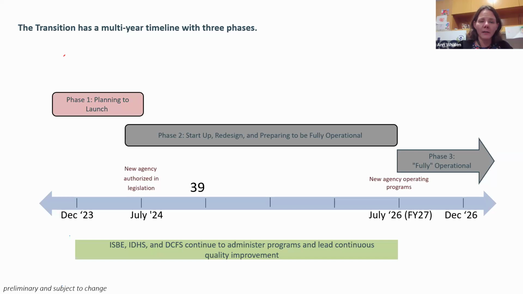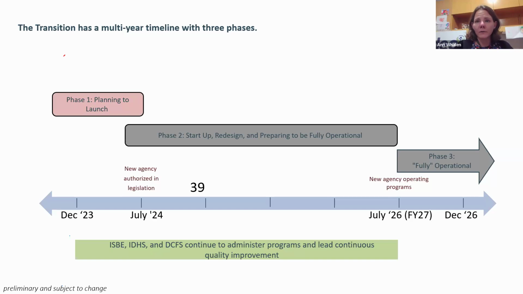We are now entering phase 2, which is kind of the standing up, which is building the capacity of the new agency. So hiring on team members, mostly on the operations end, to help with the financing and the systems and structures, but then also taking this moment, which is truly a historic moment in time, to do some thoughtful thinking about what does it mean to align these programs and to co-design what they look like to support children and family across the state.